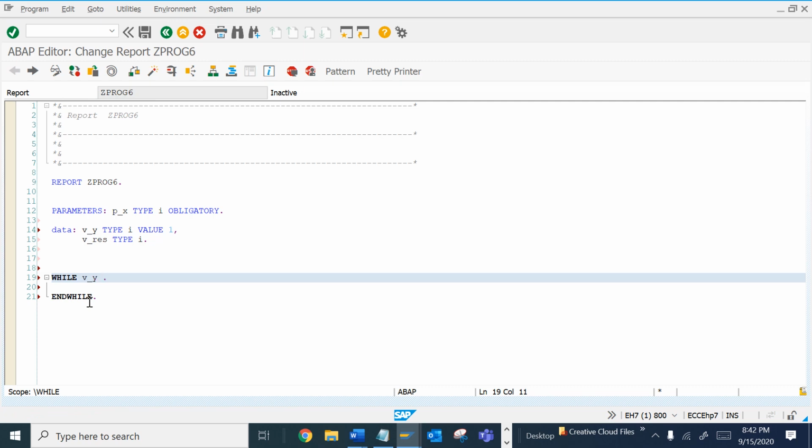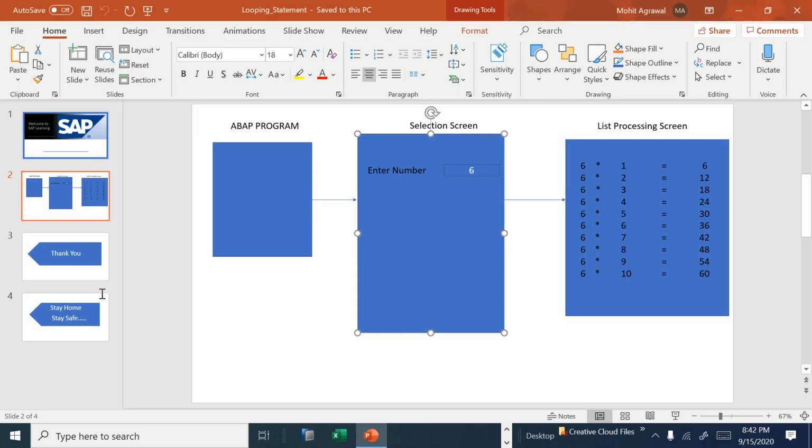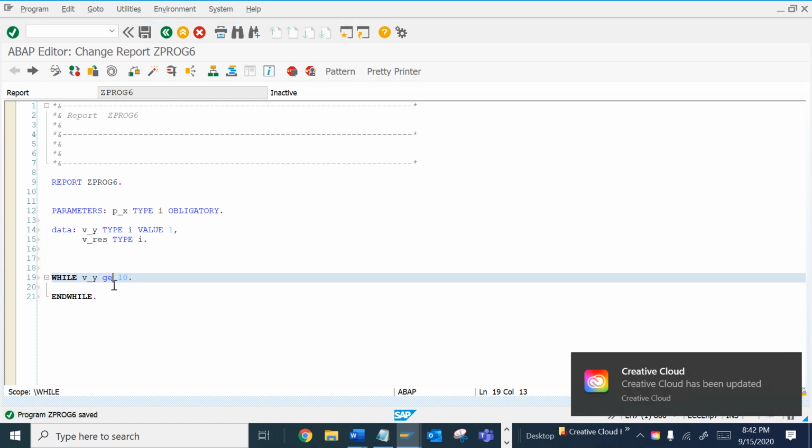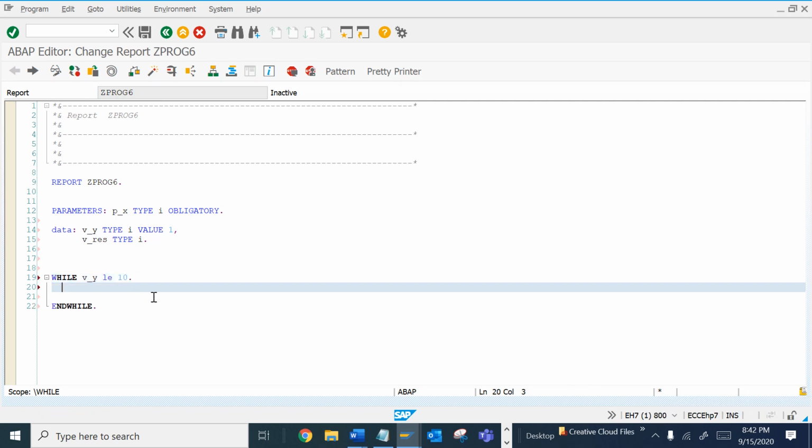So now we will proceed with the condition. It will process this loop while our condition holds. So what will be the condition? We want to run it until it is greater than 10. So let's do it like this. Okay, it would be this. Fine. So now we want to do the multiplication process.